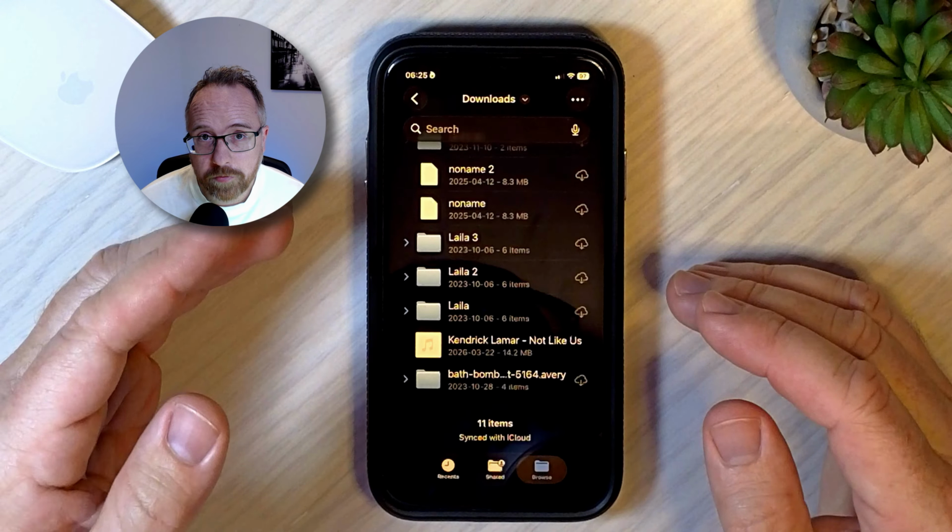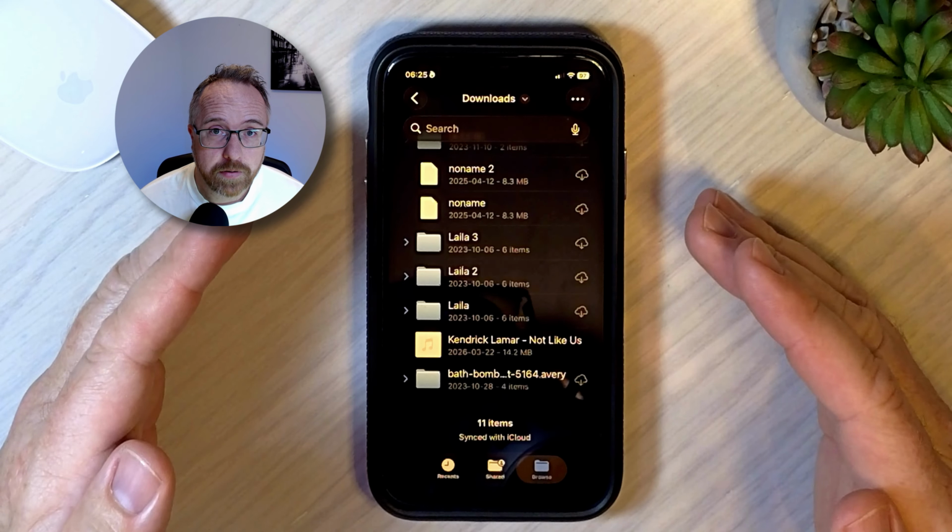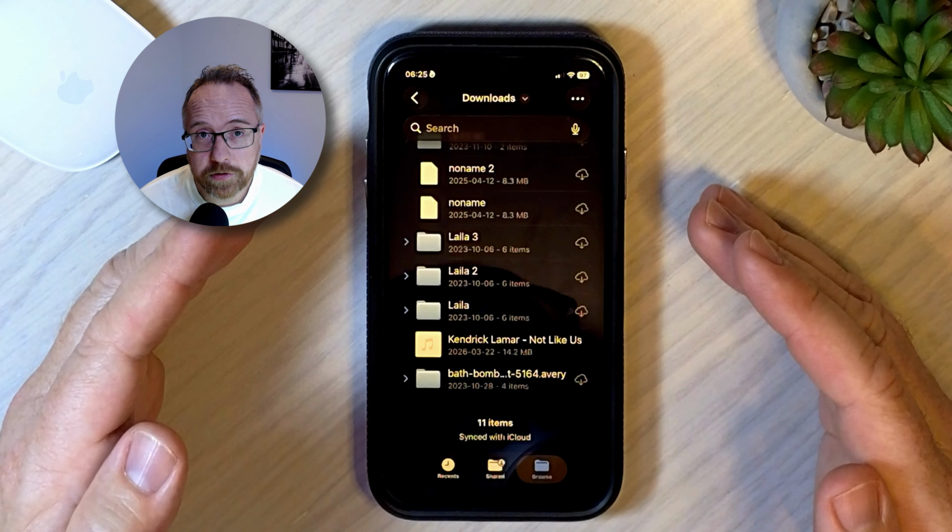From there, you can move it to a different folder if you want. And then you have a backup of that video, or even all your videos if you download all of them